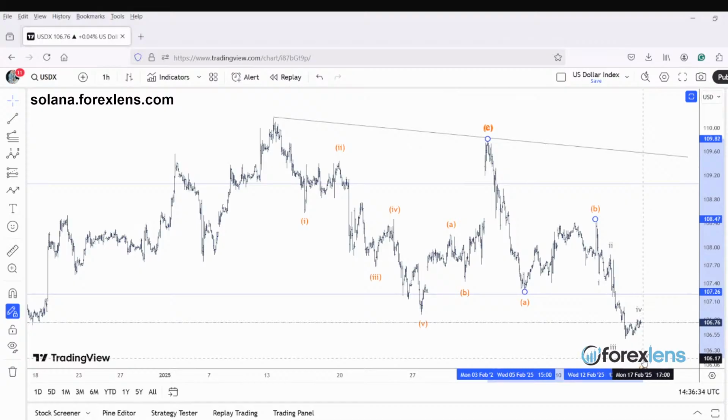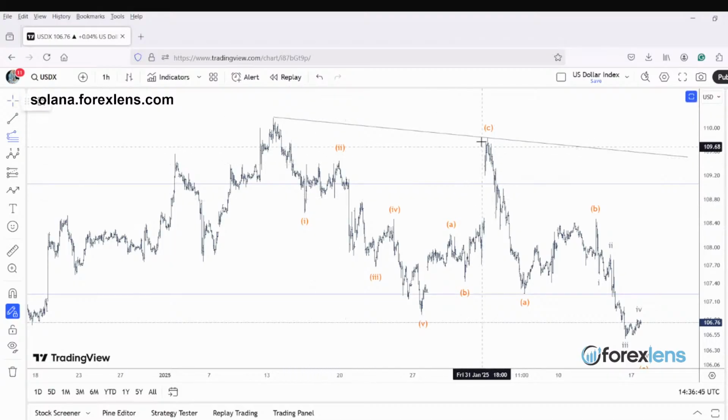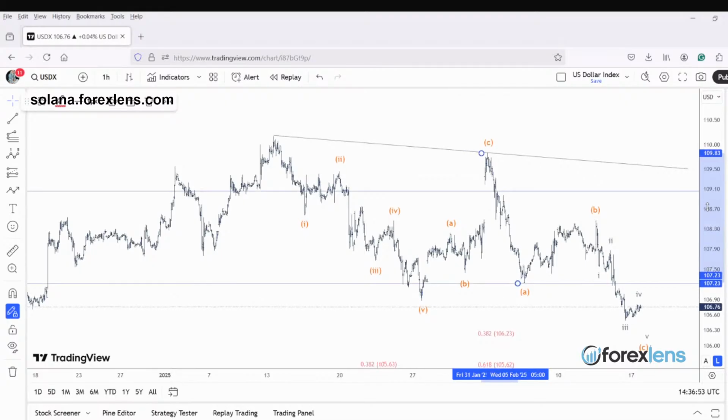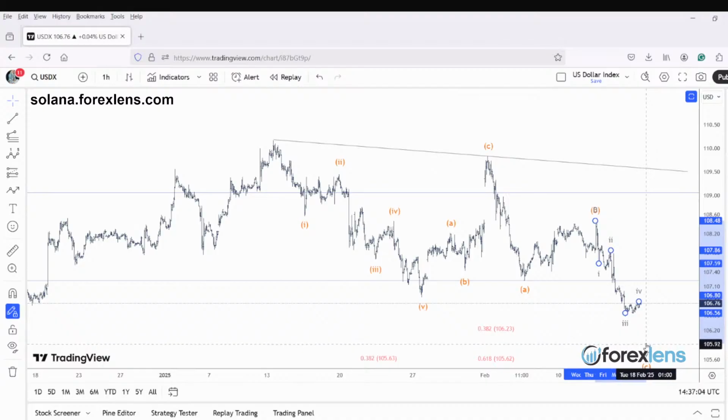So maybe I'll push the wave C a bit lower, and wave 3, 4, and 5. We take the extension of the recent wave A, that should pop us lower towards 10620 and 10560 as well. It's best to place your limit orders,